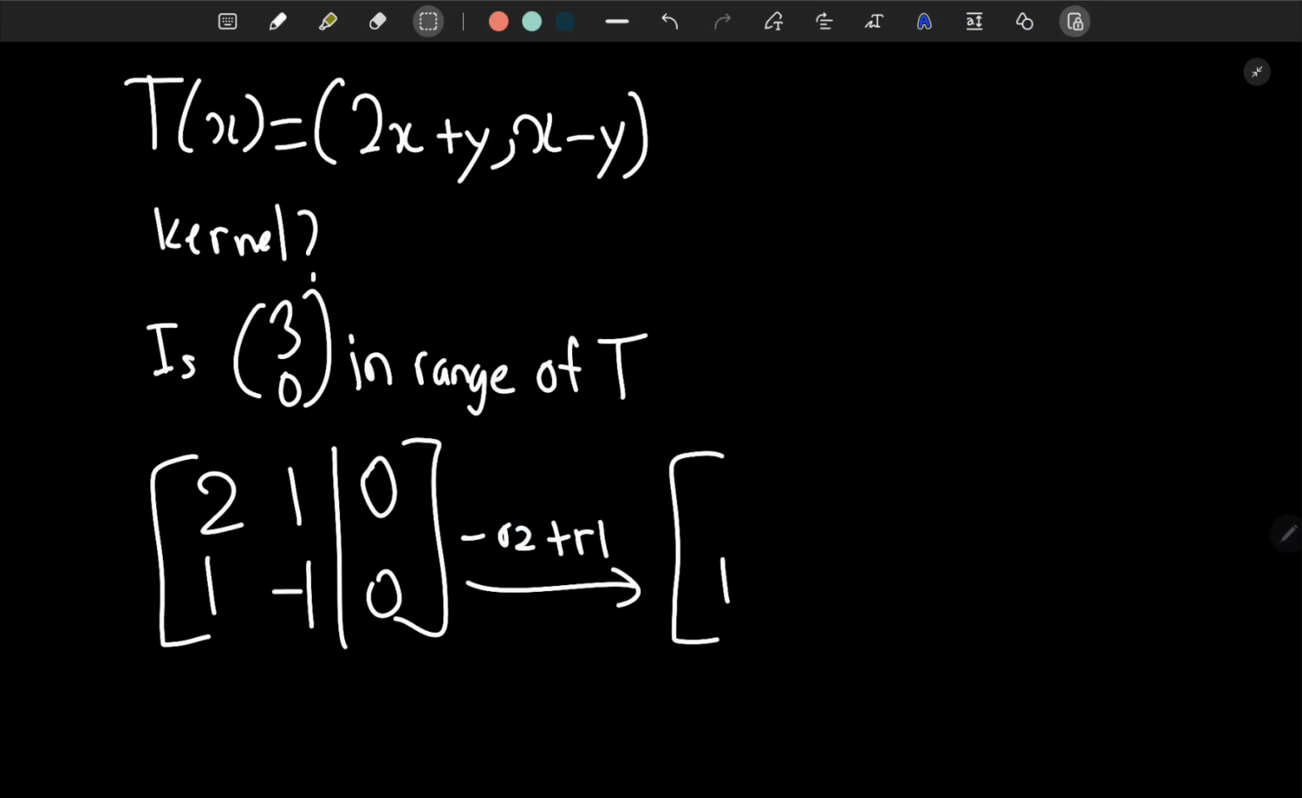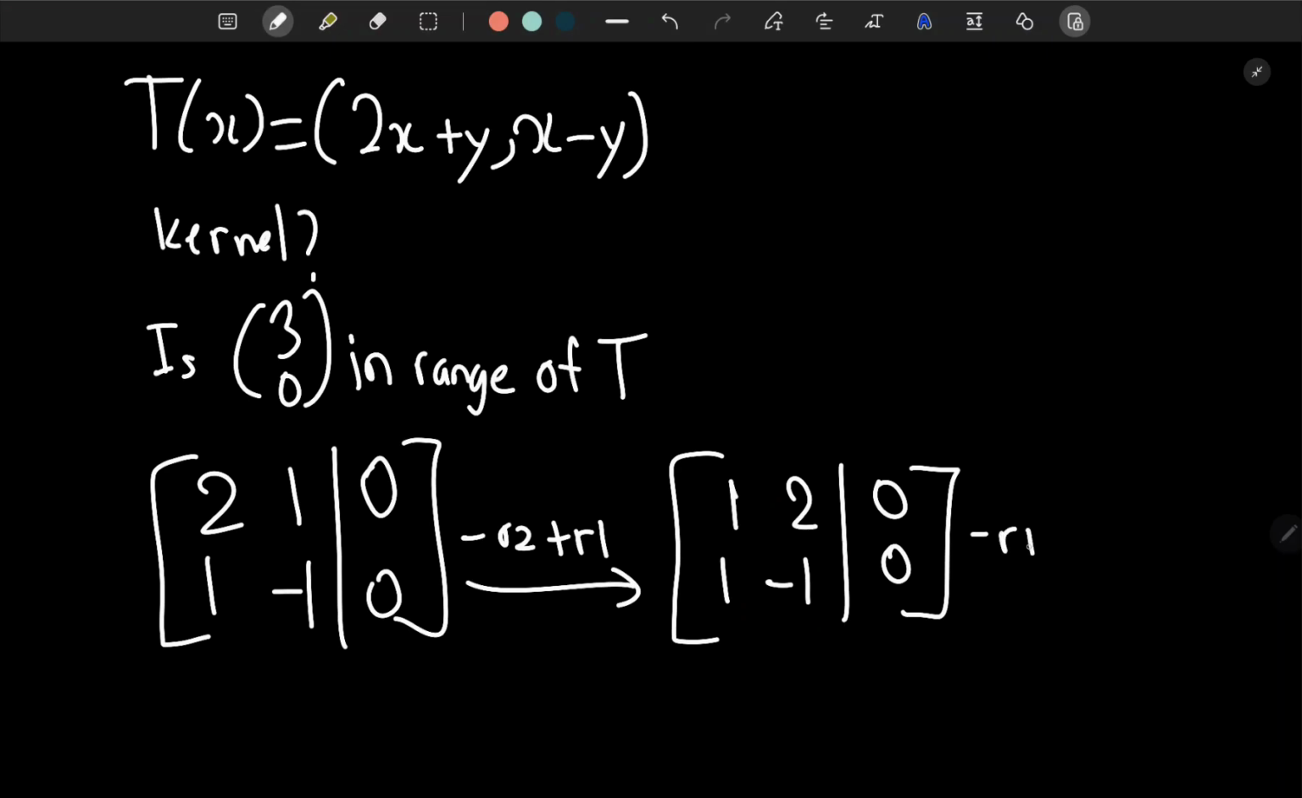This is going to be 1, and this is going to be 2, and here is going to stay the same now, and the zeros are going to stay the same. Now let's do